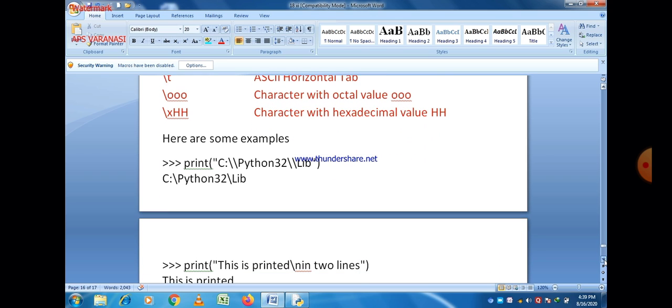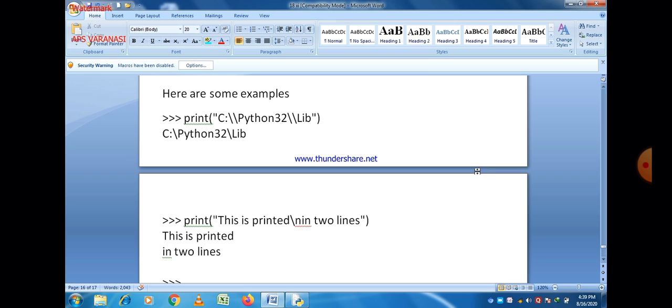So let us take them one by one. First of all, if you write print C, double slash, Python 32, double slash lib, then it will show you the answer C colon slash Python 32 slash lib.